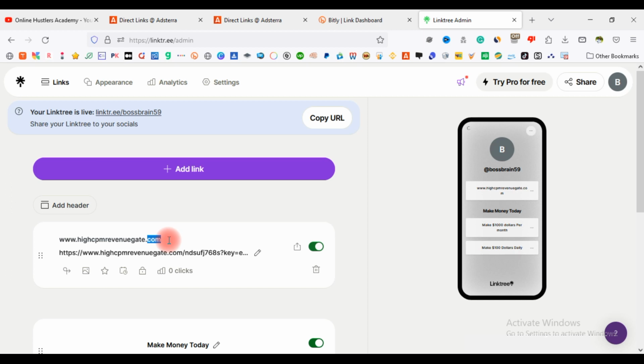So right after doing that, you give this account a name, this link a name. Let's give it a name like make